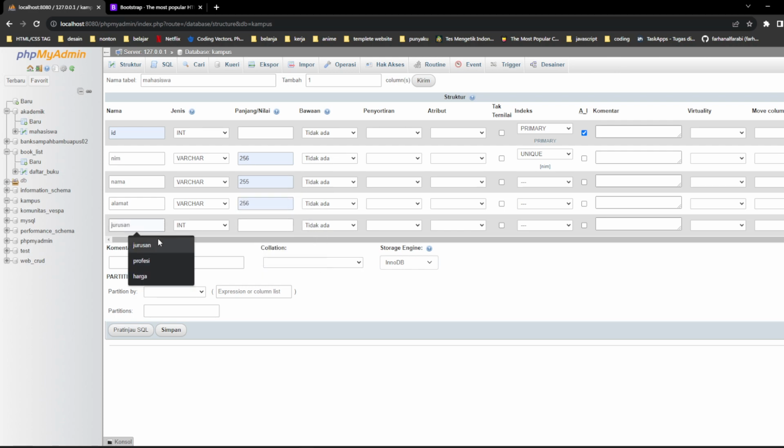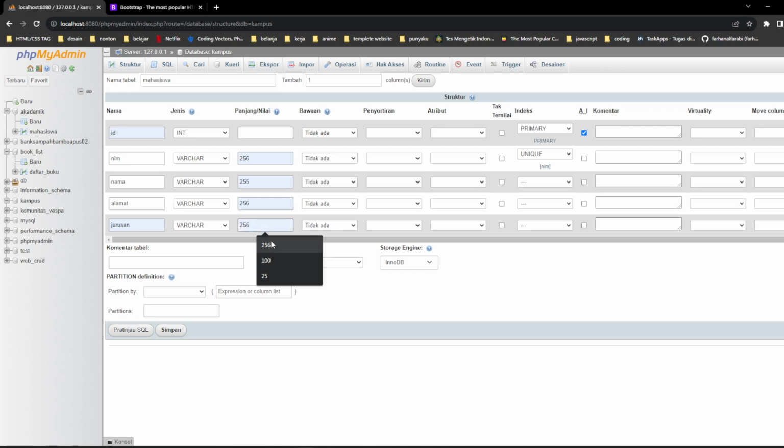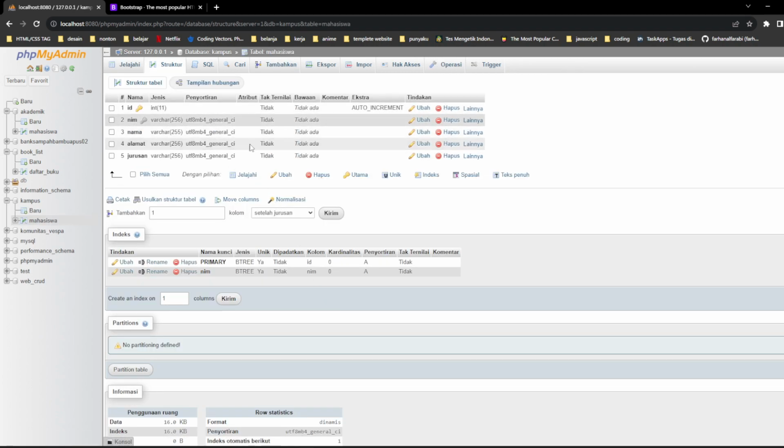And then the last is the major, jurusan. Okay, like this, and then you can save, simpan. Okay, this is our database. You can see we have the ID, name, address, and the major.